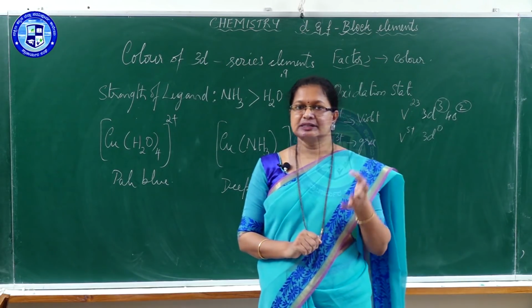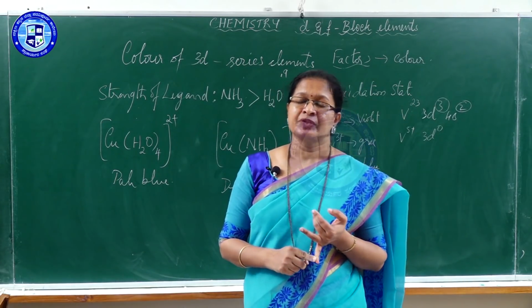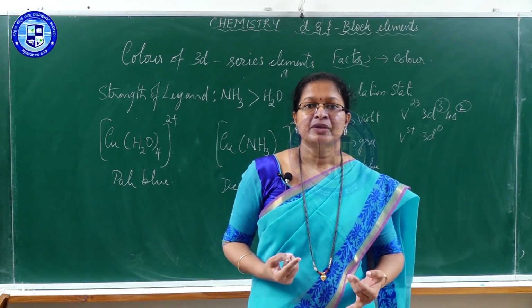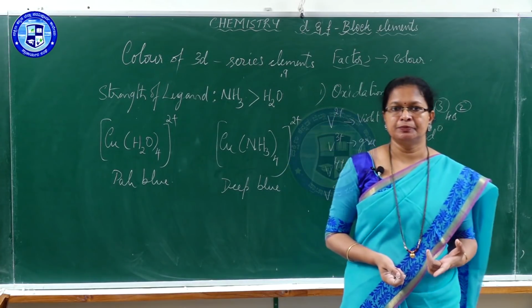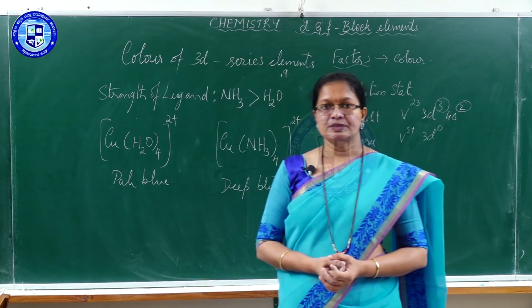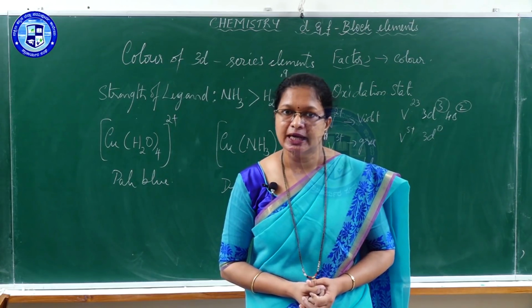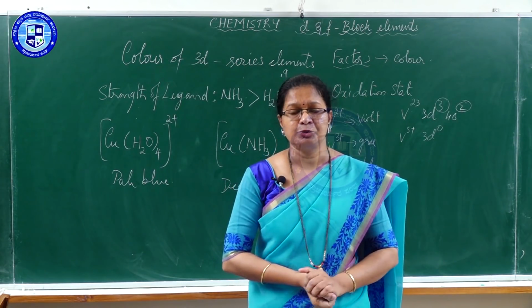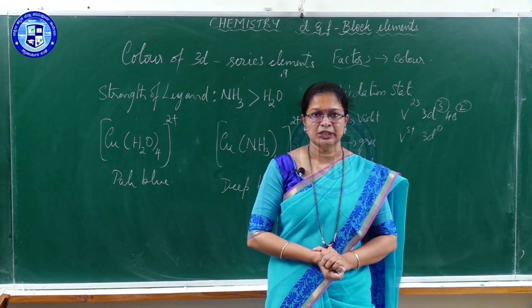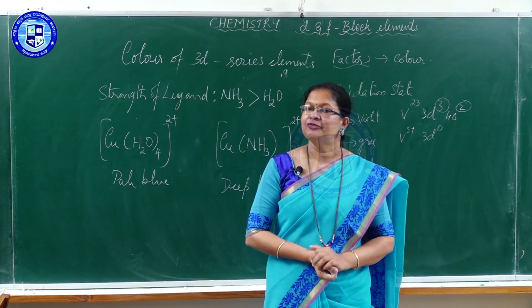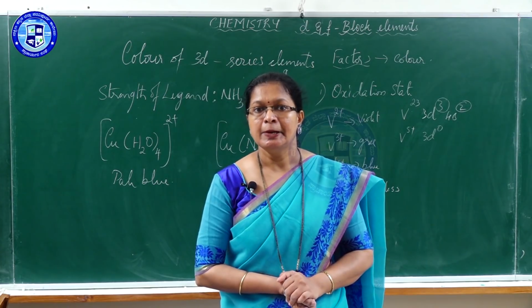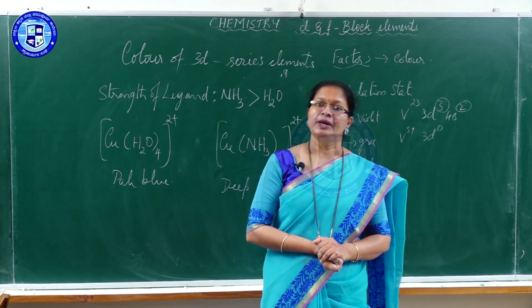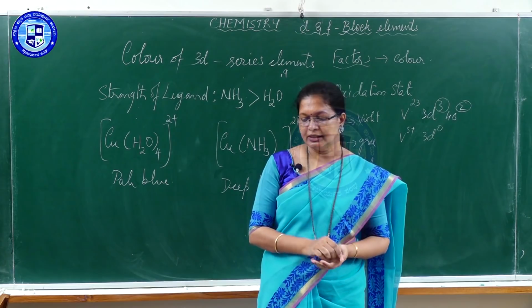And one more thing we discussed here, the factors that affect the color. One of the factors could be the charge, the oxidation state. Another factor is, if it is a coordination compound that the metal forms, then it is the strength of the ligand. And one more interesting thing you must note is that most of the coordination compounds contain metal from d block. Most of the coordination compounds contain metal, all are from d block. That is regarding the color of coordination compounds.